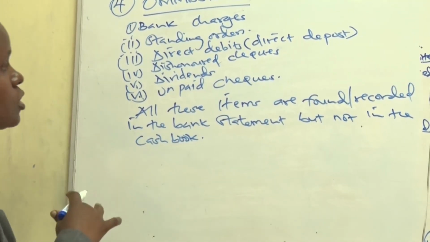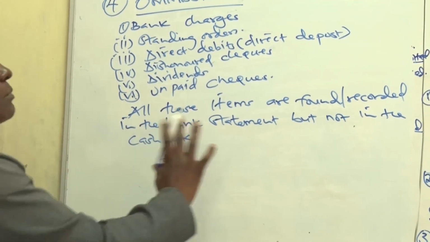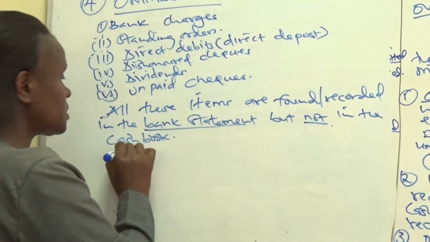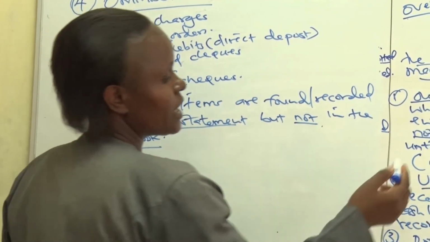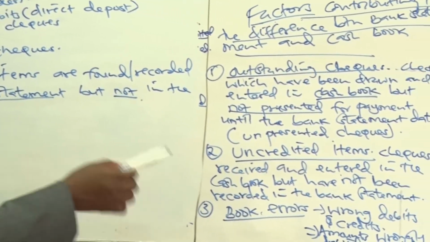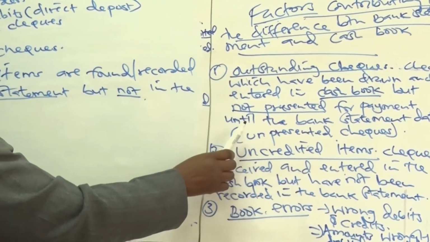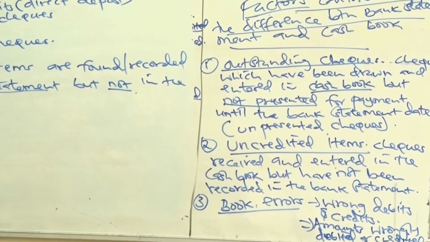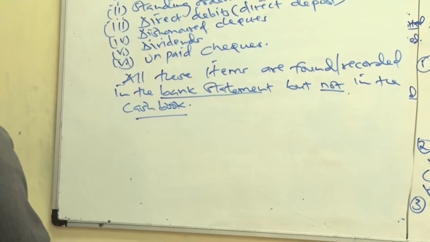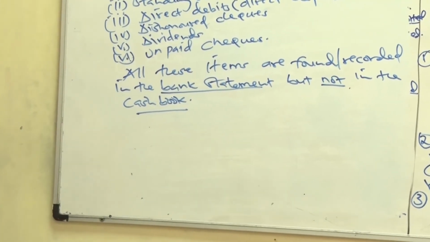So, the omissions, mostly they are found in the bank statement, but they are not recorded in the cash book. And the other items are recorded in the cash book, but they are not recorded in the bank statement. So, due to that, I would like us to look at the procedure